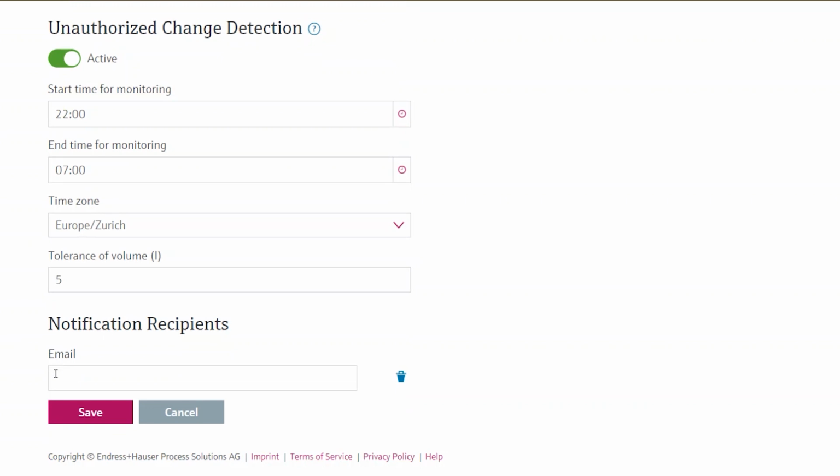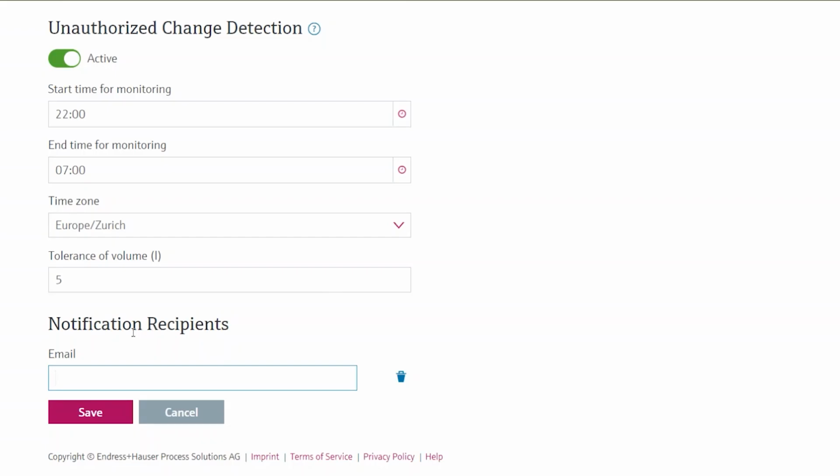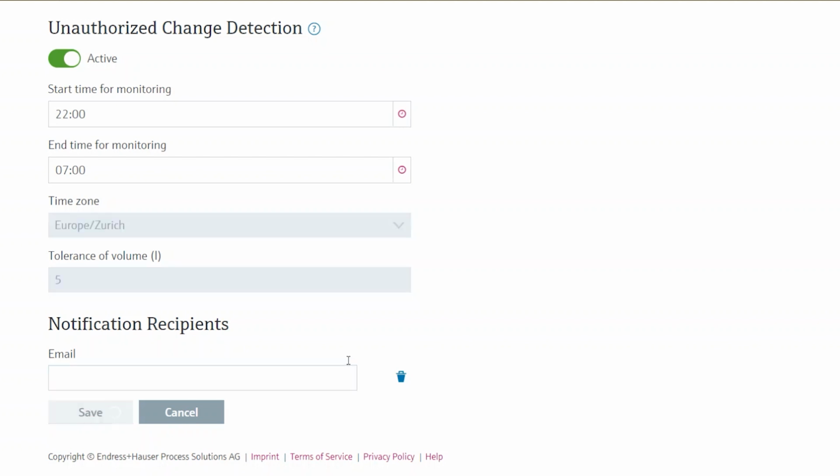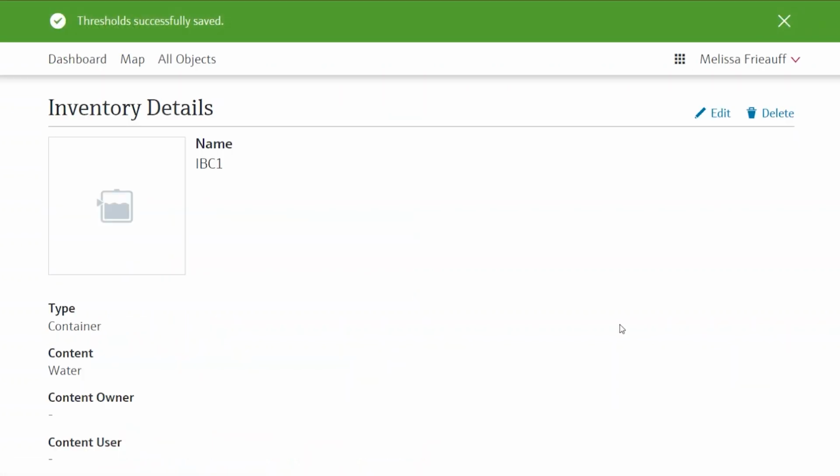This could be then, for example, because of theft or because of a leak in our tank. And we can also define here the emails for notification recipients. So it doesn't have to be just a Natillion user. You can enter any email inside of it here. For example, for your logistic partner as well. And after we're done with that, we can also just save again and have that updated as well on our inventory. And with that, we are done setting up our inventory.